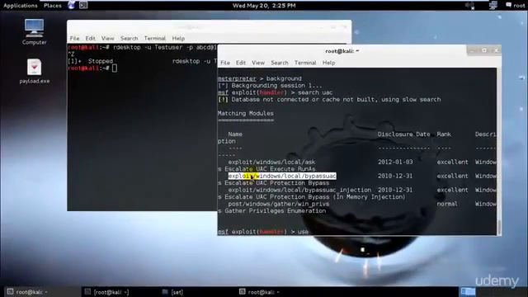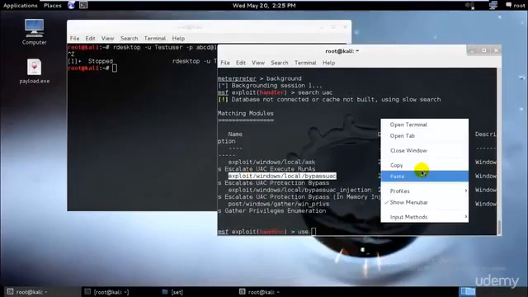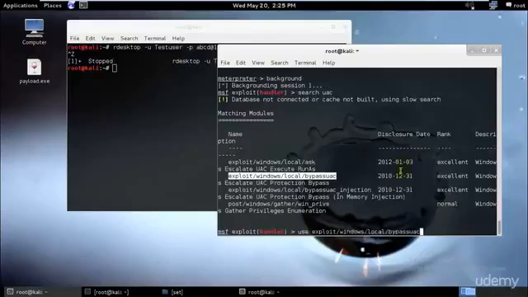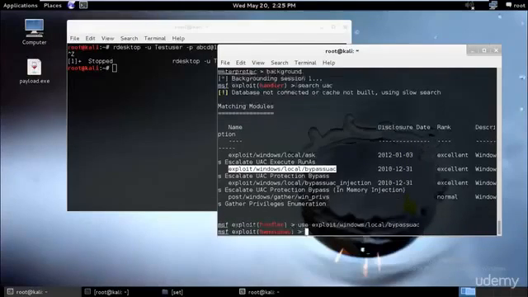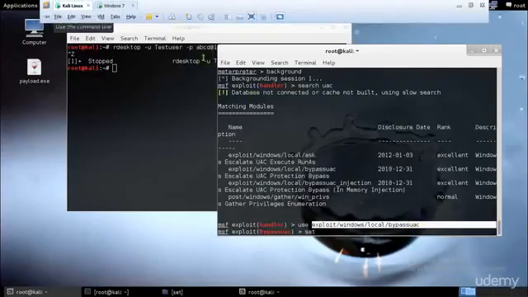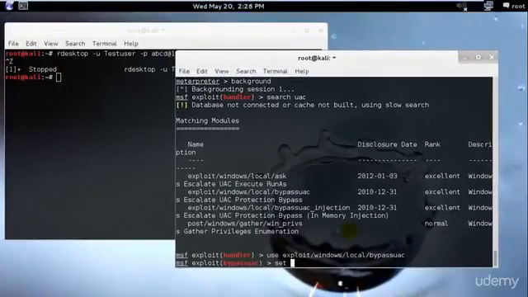So I'll just go ahead and copy it and paste it over here. Use exploit / Windows local bypass UAC, and I'll hit enter. That means I am using it. Nothing will happen right now once you go ahead and press that. So after that, I will just go ahead and type set. I need to set this specific payload to our computer. So I'll type set payload